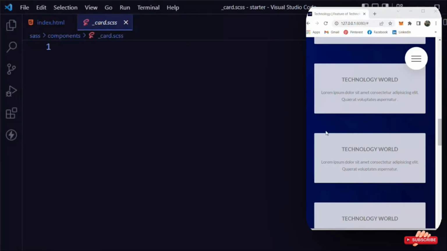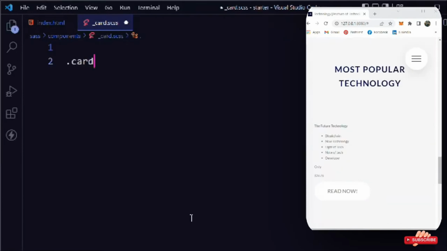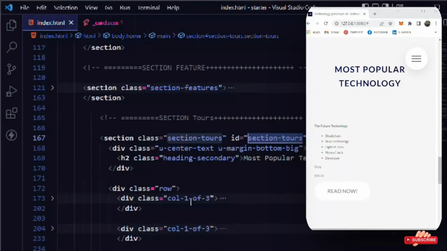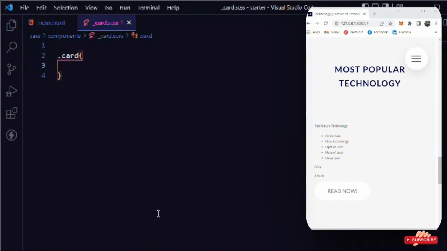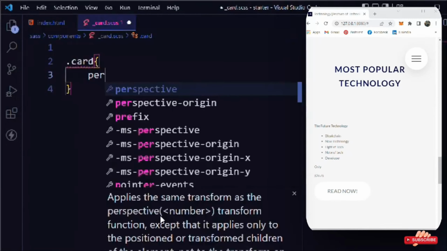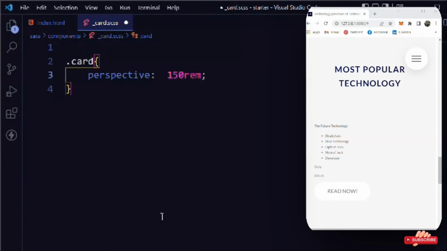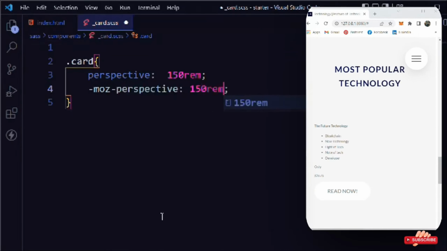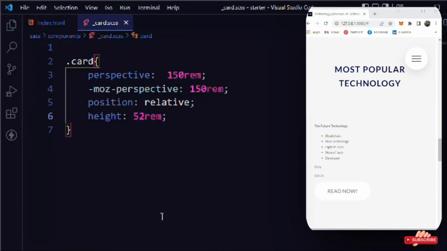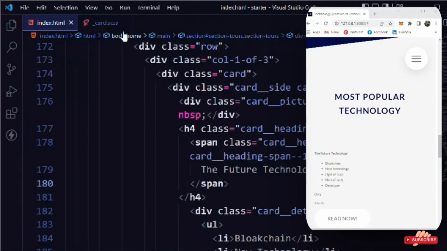Now let's start styling these cards. Okay, so we are in the card folder, in the components, and we are in the card file, sorry. So card, simply come here and open this one. So these are the cards, simply grab that and let's write the CSS. So perspective is going to be 150 rem, and moz perspective is going to be 150 rem. Position is going to be relative. Height is going to be 125 rem. Okay,